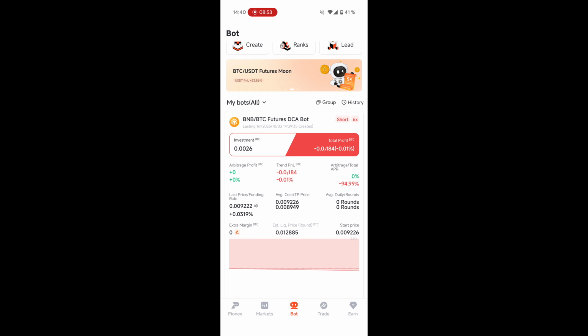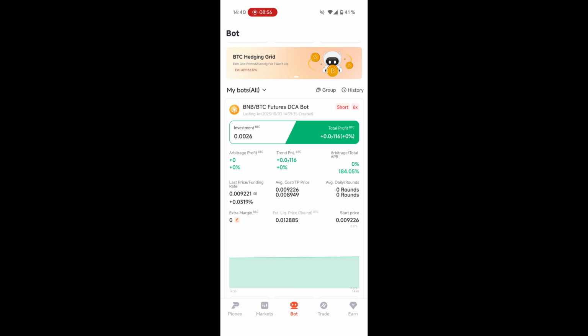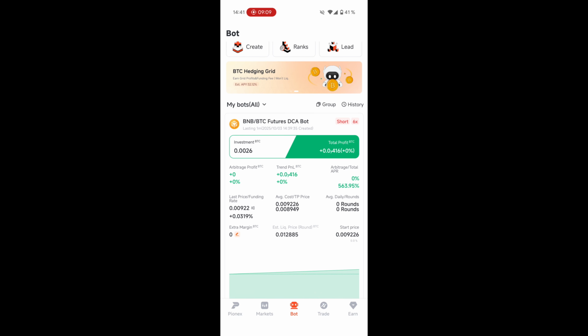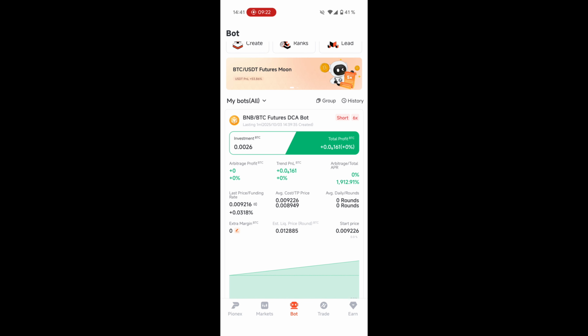And from my observations, I have been observing this pair the last couple of months. When Bitcoin is getting stronger compared to Binance, the funding rate drops. And if Binance is getting stronger compared to Bitcoin, the funding rate rises. And this is basically exactly what we are betting on here. If Bitcoin is getting stronger, our short position is getting into the profit. And if Binance is getting stronger, the funding rate is rising and we get paid the funding rate every 8 hours. At least that's the idea.